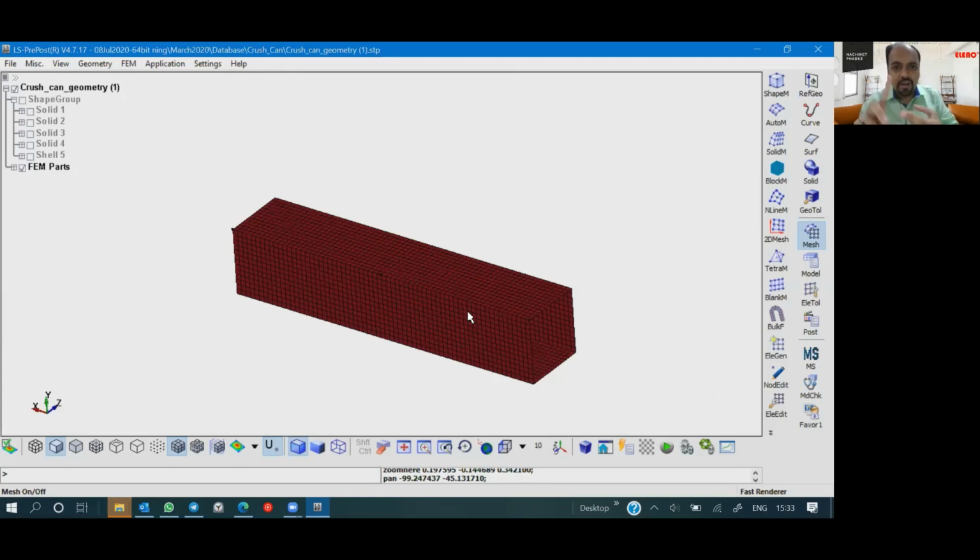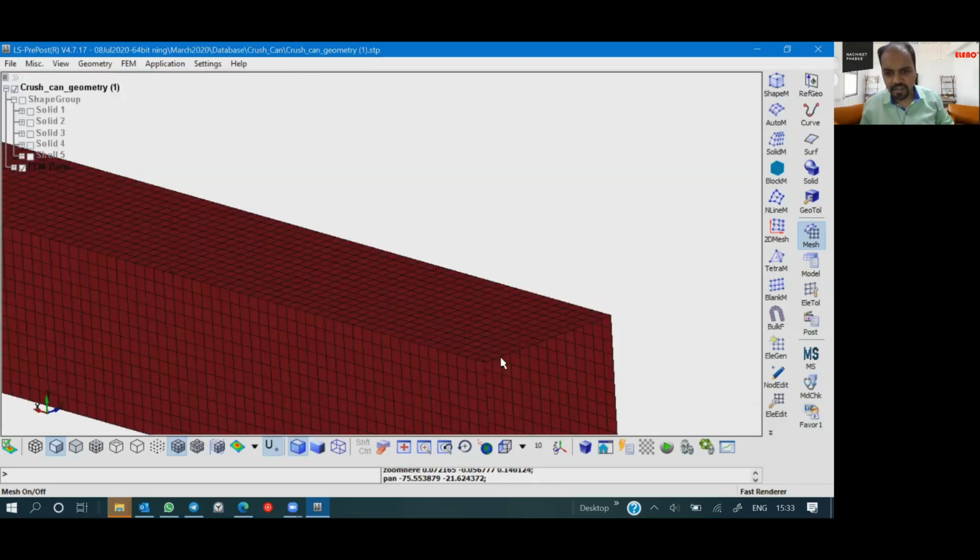So we did an import of a geometry, we did a mid surface of a geometry, and we also did meshing using 2D elements on the geometry. Okay, so if I want to assign thickness to this, and then we will stop. If I want to assign thickness to this, what is supposed to happen?